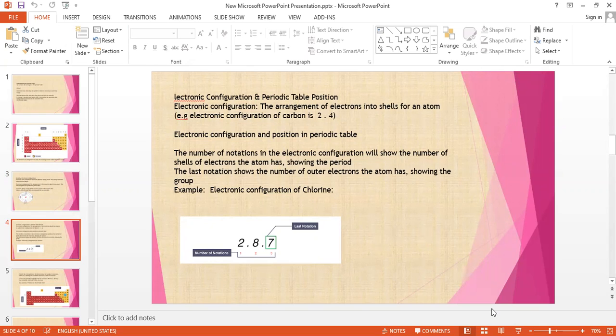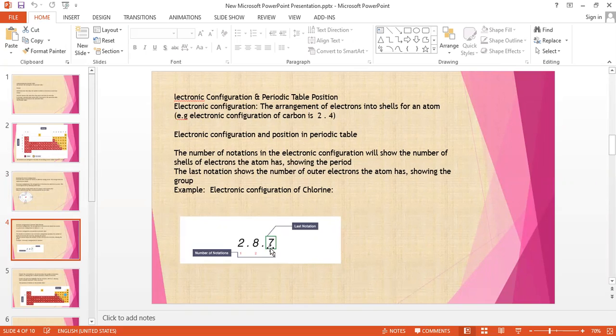Is it recording? Sir, it is in group 7. Group 7. So element name, do you know? Sir, I forgot. Is it not recording? Yes, sir. Fine. So can you tell me the element name of first shell 2, 8, and 7? Sir, I forgot. Chlorine, you know? Chlorine. Oh, chlorine. Yes.